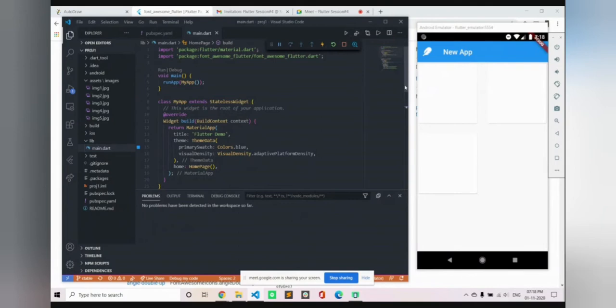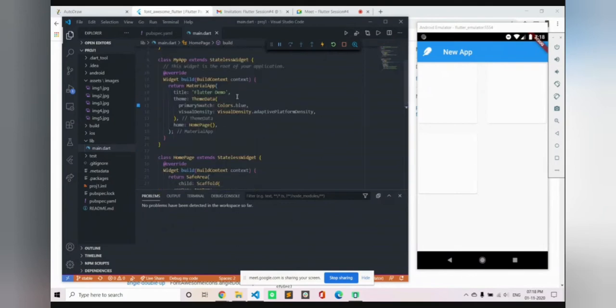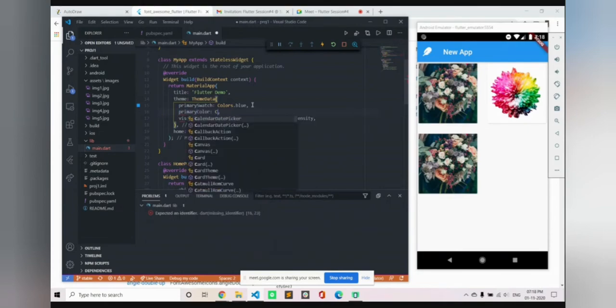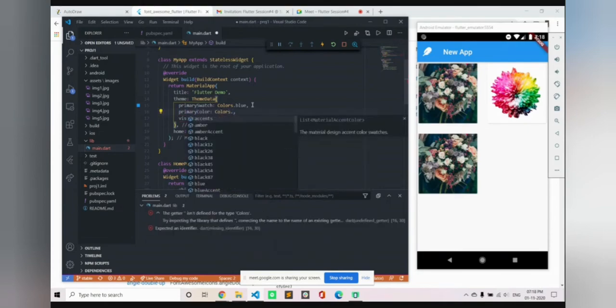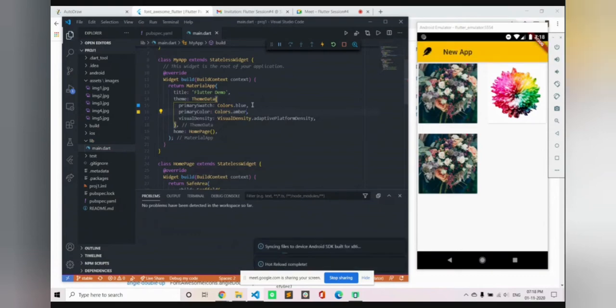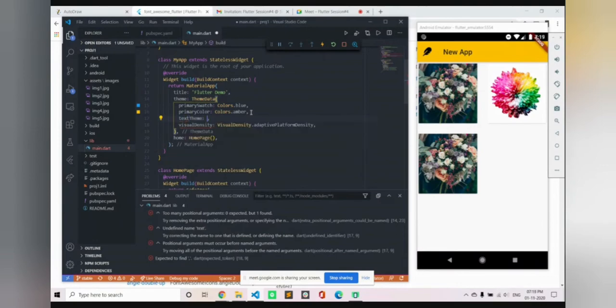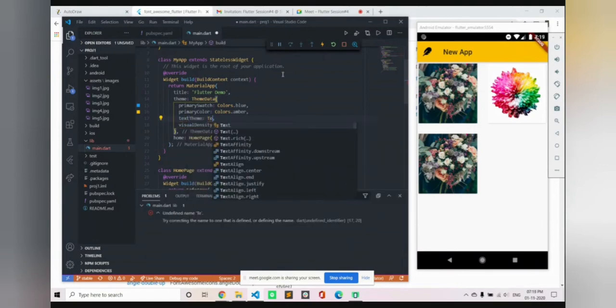For example, I want to change the primary color to colors dot amber. So you can see it automatically changed, and now images are added too. Or you can set the text theme too. Inside text theme, it takes the widget text theme,